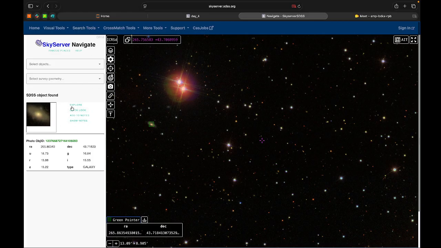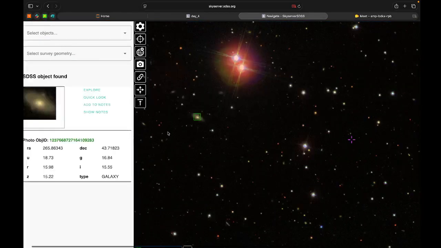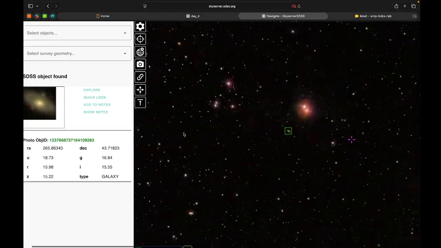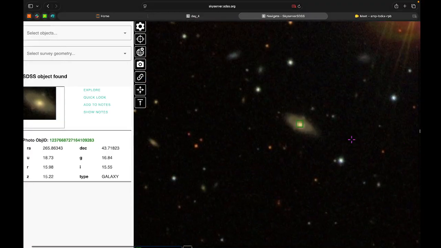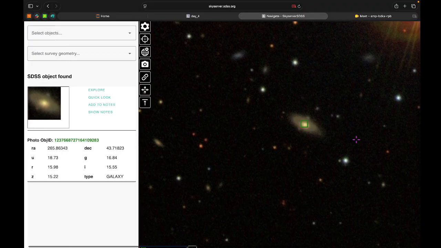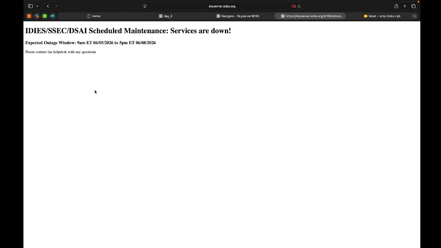Now you can see I have selected this object here. This is the selected object. On my left is the information about the object: the object ID, the RA and Dec of the object, then these magnitudes, and the type is galaxy. Now we need the spectrum of the galaxy, right? To get the spectrum of the galaxy we have to click on this Explore button. So when I click on this Explore button,